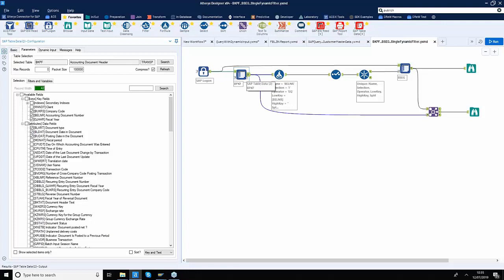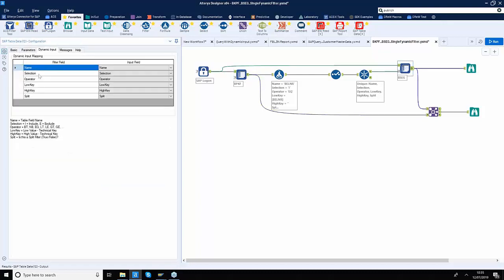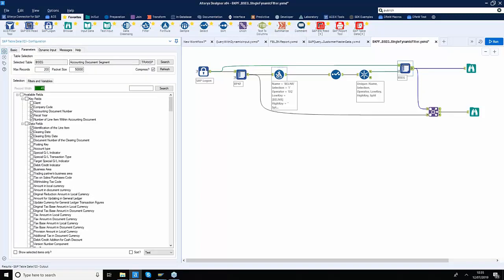For those who do not know these tables very well, these are the three common fields for these two tables. So I want to pass in the dynamic information, especially the accounting document number, from here into my second table. All my second table needs, as we saw earlier in the dynamic input tab, are these 6 fields that our table tool likes to be able to create a dynamic filter.